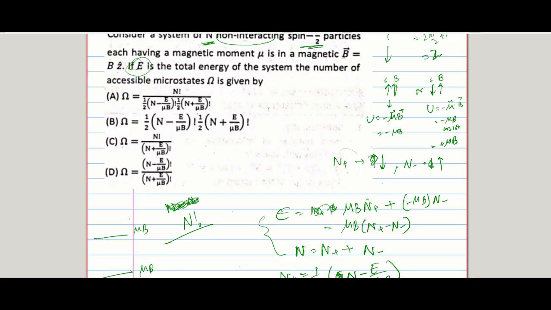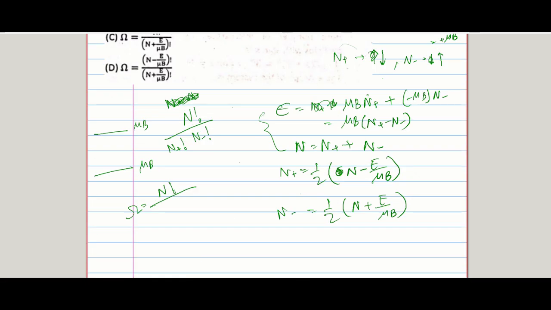So n plus of them are the same, right? So we'll divide it by n plus factorial, and we'll divide it again by n minus factorial, because n plus of them out of N are similar, and n minus of them are similar, out of N factorial, right? So we'll just put in the values,